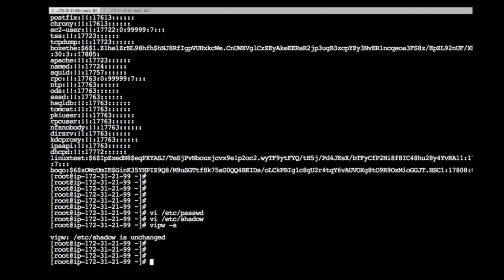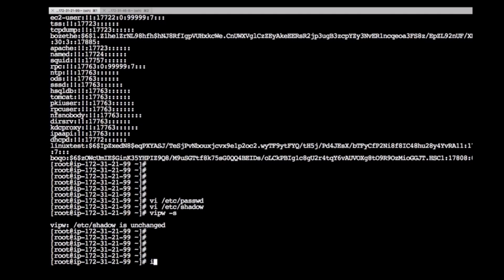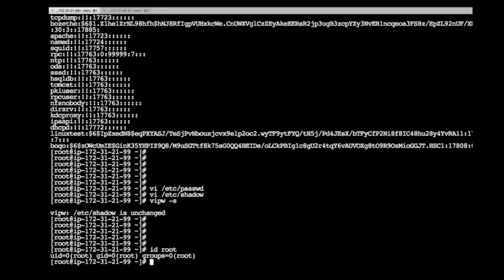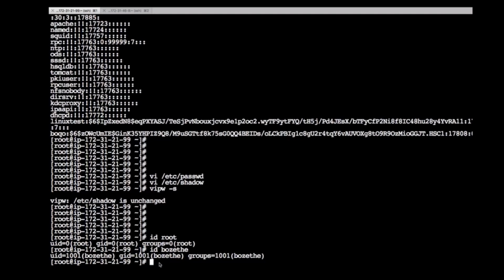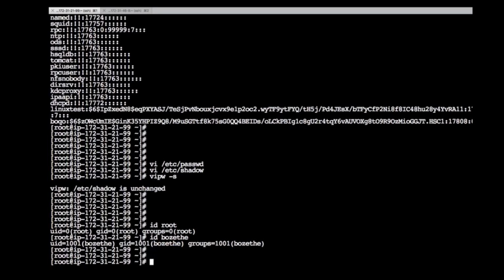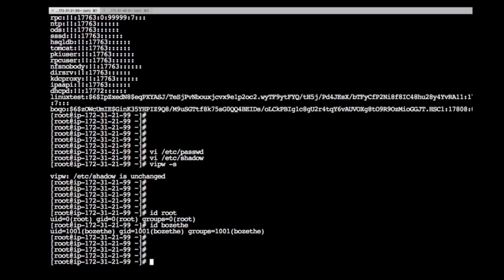Now, I spoke about groups, right? We said a user belongs to at least one group. So you see this one becomes a primary group. A user can belong to more than one group. We have another command here called